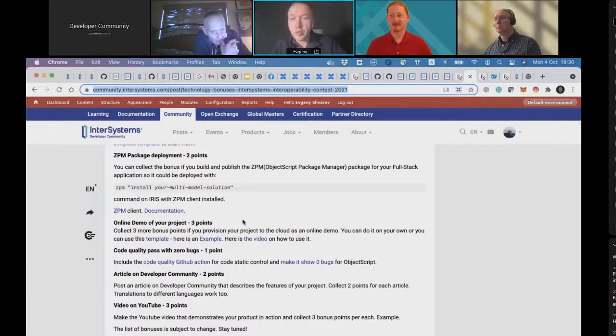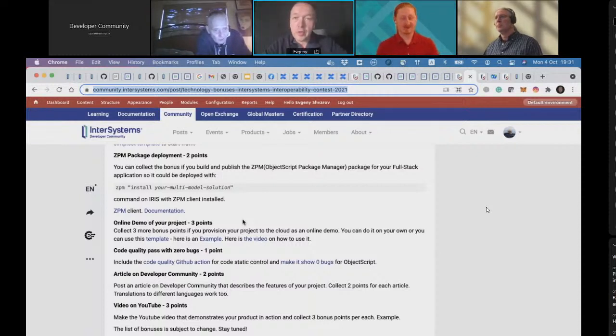Online demos are very welcome, so you can deploy by your own, but we also have a serverless technology, maybe I'm wrong with the term, but it uses the GitHub action template we have. Uses Google Run technology to deploy your interoperability solution to a Google Cloud, and there will be an immediate demo available to everyone to test it.